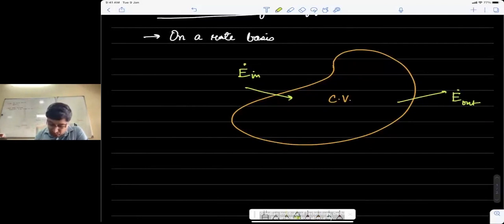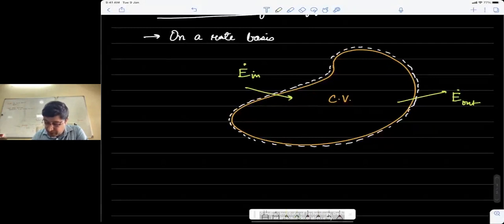So let me define a closed control surface, which encapsulates this control volume. So any energy and matter, or transfer of material, would actually happen across